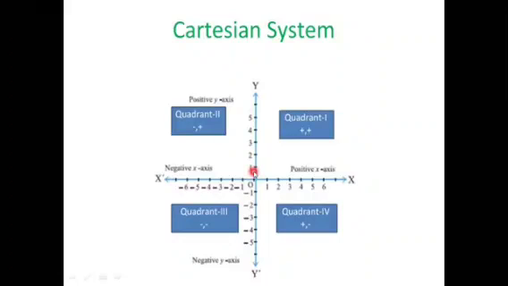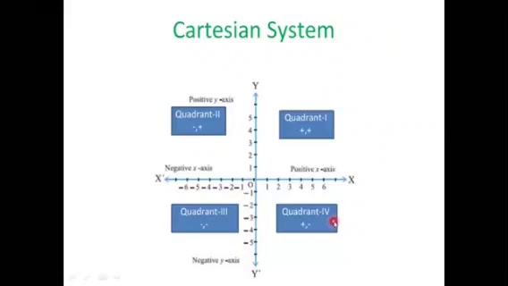Likewise, the coordinate of the y-axis would still be positive. Let us get to quadrant 3. Here, in this region, any point in quadrant 3 would have a negative x coordinate as well as a negative y coordinate. So the x and the y coordinates of this quadrant would be negative.